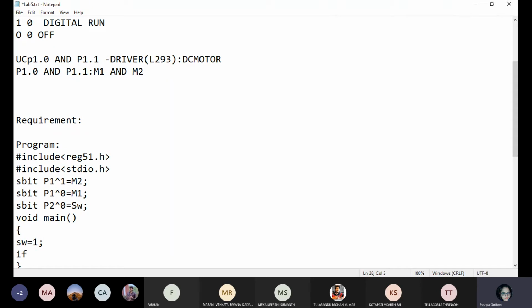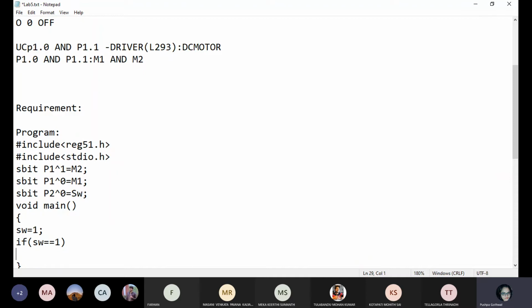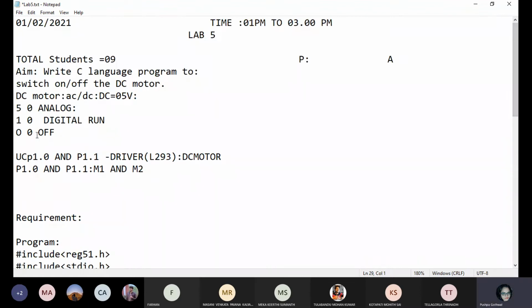Then I have to compare the condition. If switch equals 1, then the motor should be on. How should I turn on the motor? Anybody can tell me? What is M1? What is M2 here? Anybody can tell me what I should do?